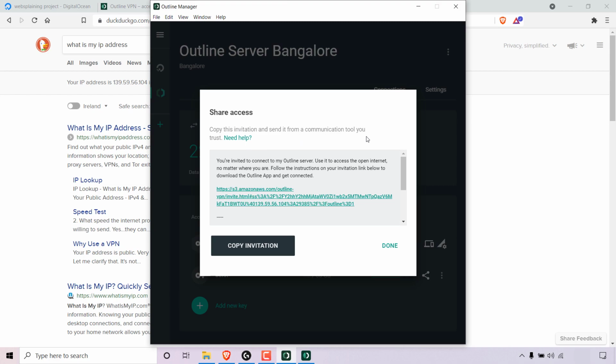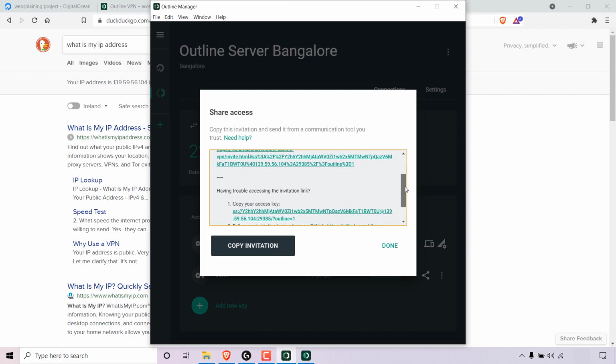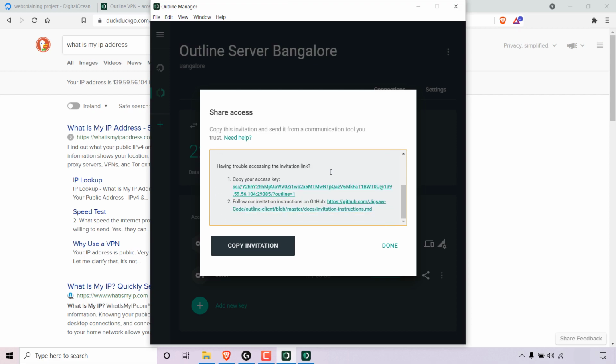Copy this invitation and send it from a communication tool you trust. As you can see guys, this is the invitation message which John will get if you left click on copy invitation. So as you can see at the very top here, it says you are invited to connect to my Outline server. Use it to access the open internet, no matter where you are. Follow the instructions on your invitation link below to download the Outline client and get connected. So all John will need to do is left click on this link here and follow the instructions. If he's having trouble, he can simply scroll down in the invitation link and follow the 2 instructions here. As you can see, his access key is right here and further instructions are here on the Outline client GitHub